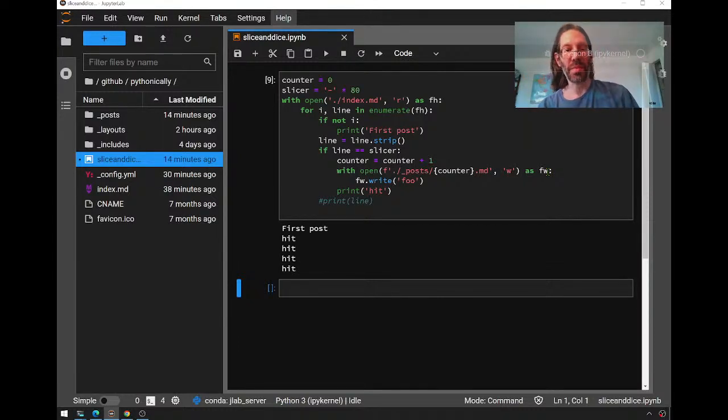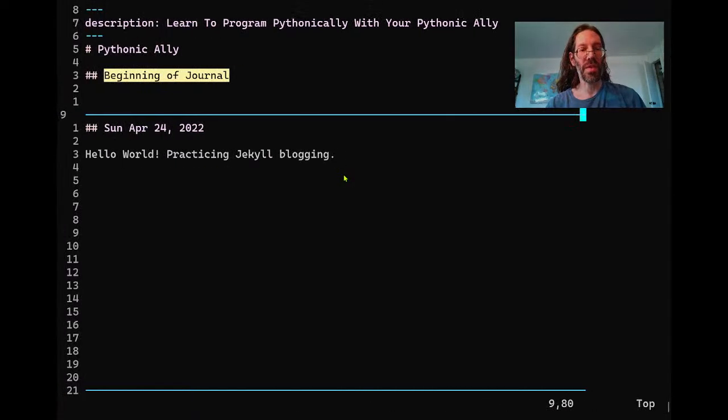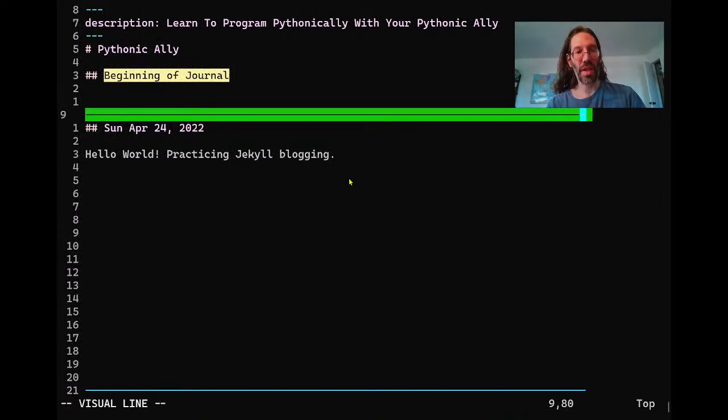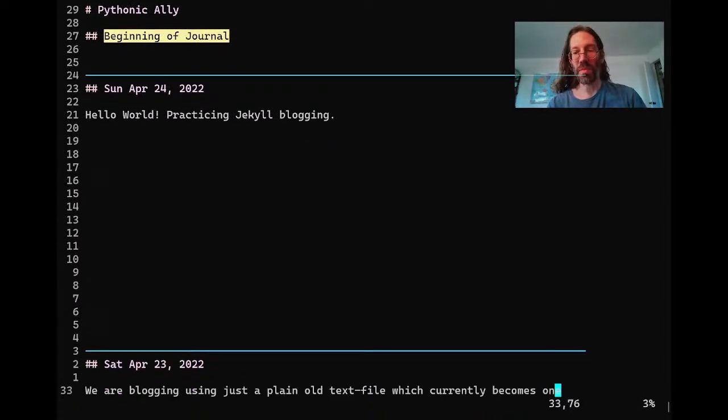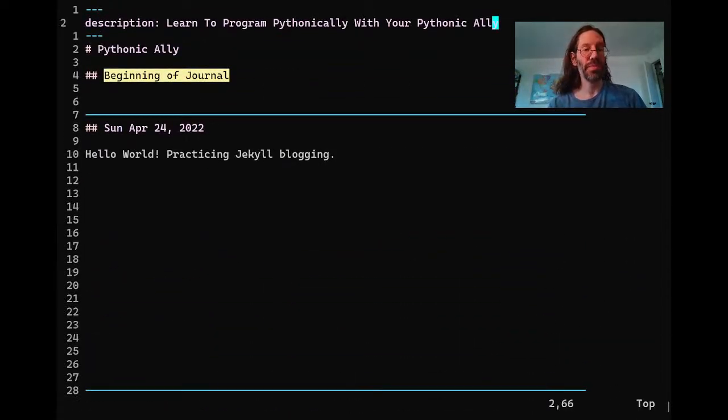Hello everyone, this is part 2 of me slicing and dicing text files, a single source text file into multiple output text files for Jekyll's blogging systems. I'm dropping files into a directory as I step through a single file, and right now it's just a proof of concept. Each time I encounter one of these long lines that I divide my blog posts with, 80 minus signs, a very detectable parsing character,